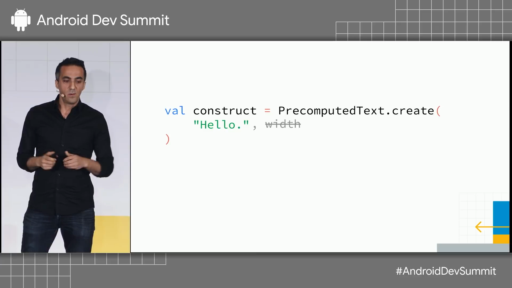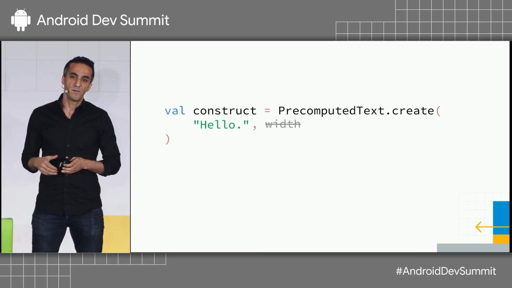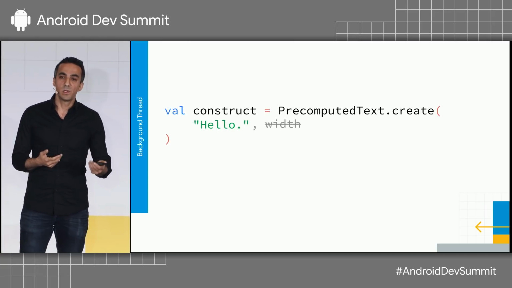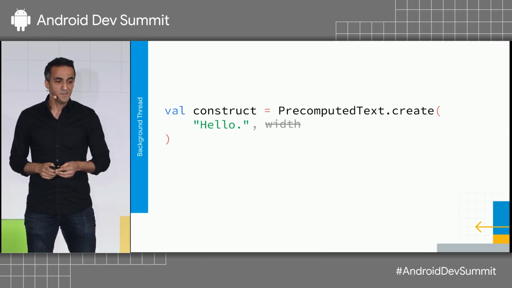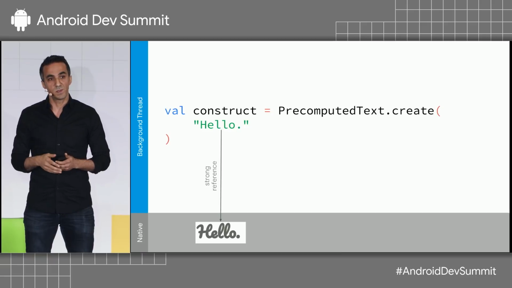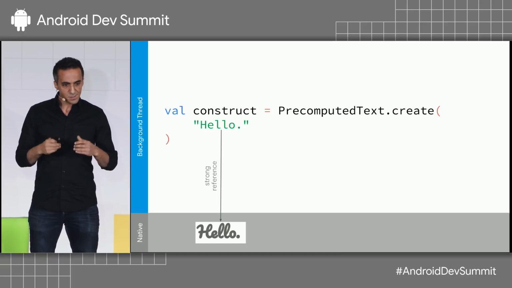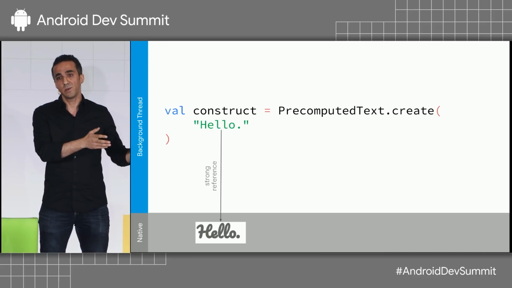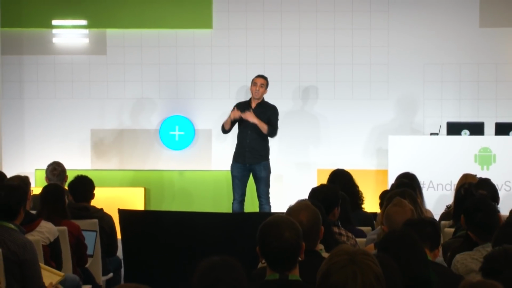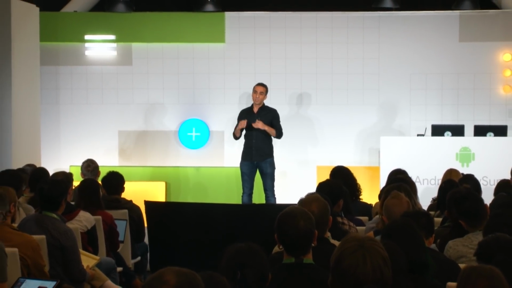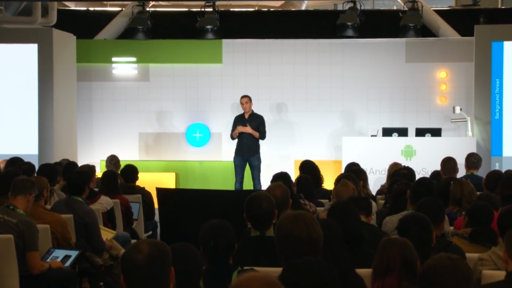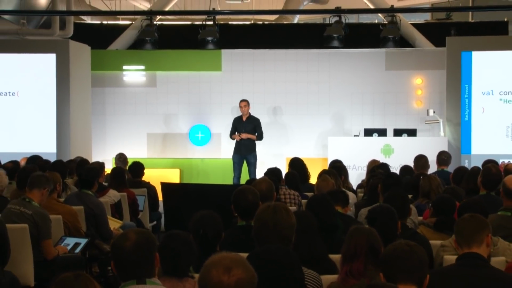So we wondered, what if we created a construct? First of all, that doesn't need the width. Second, it should be possible to create it on a background thread safely. And third, it has to have strong references to those native word layout objects. This is important because if you were to create a layout before you need it, then maybe when it's time to measure or render it, you will lose the word layout objects. They will be evicted from the cache, and therefore there was no guarantee that you would have the speed improvement.